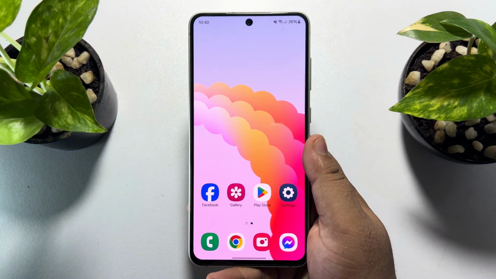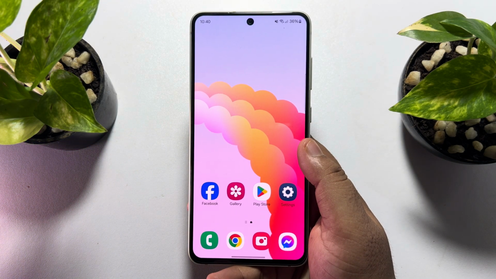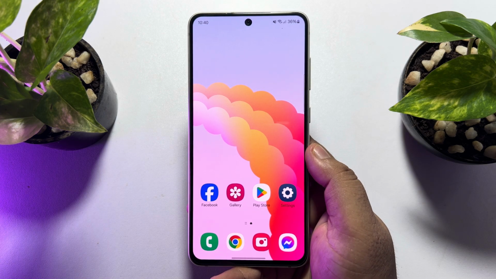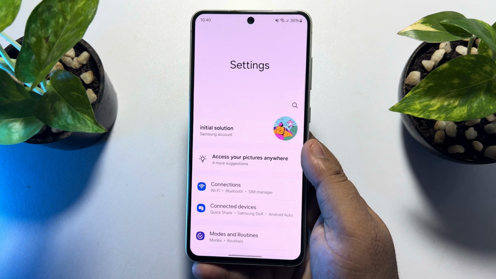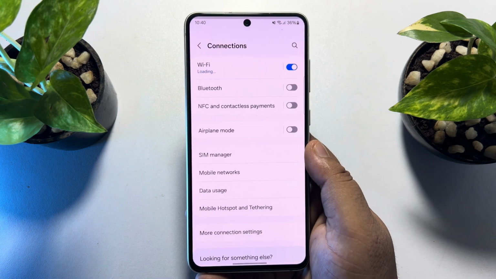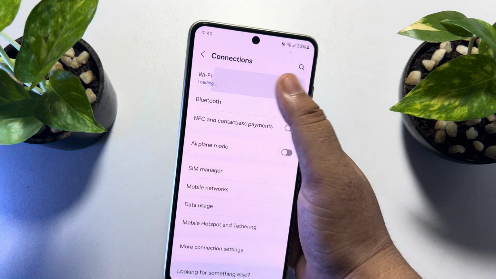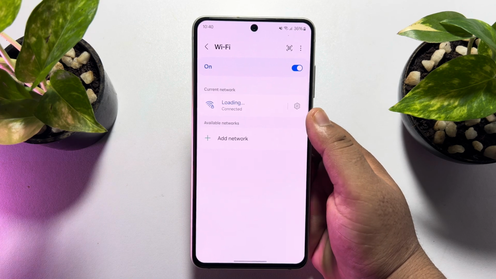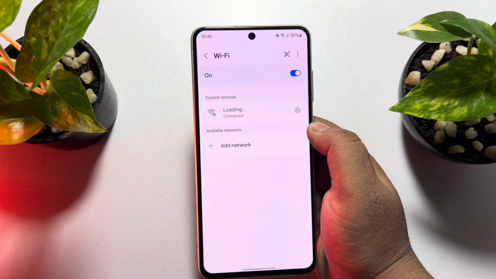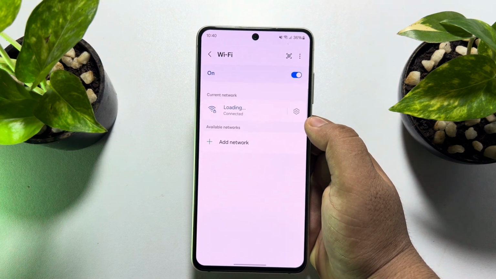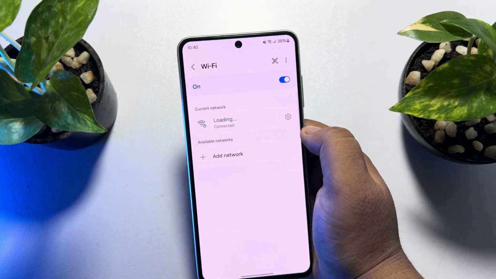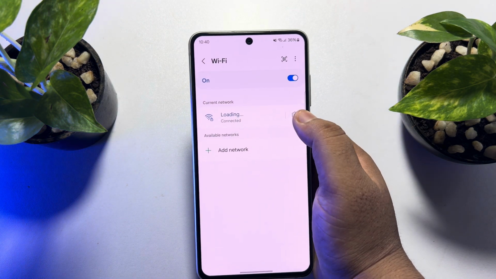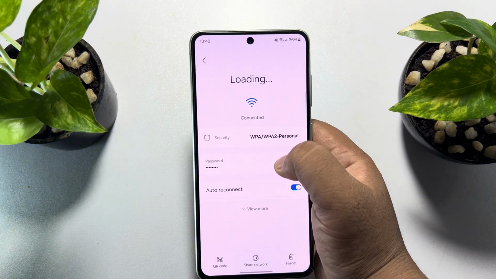So right now I'm gonna be walking through how to change your Android phone IP location. Go to your Android phone settings app and tap on connections and go to Wi-Fi settings, and now here you will see your connected Wi-Fi network. So for example, I want to change IP address for this network, so I'm tapping on settings, and once you're